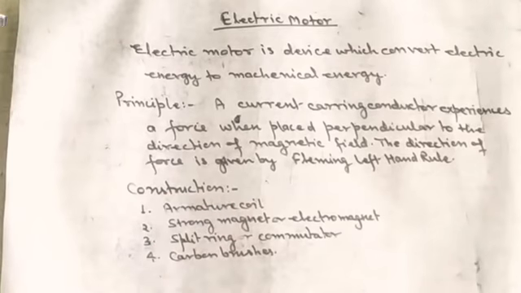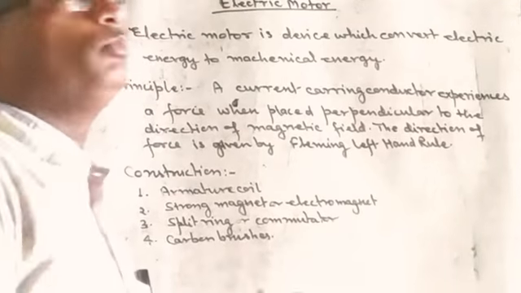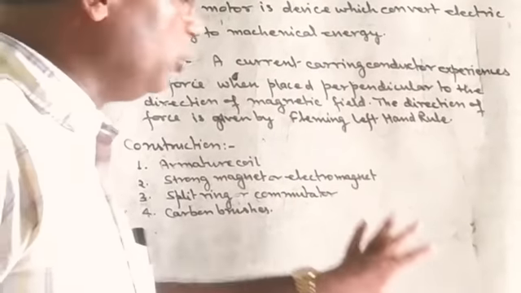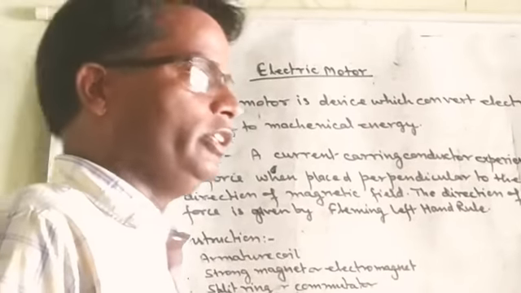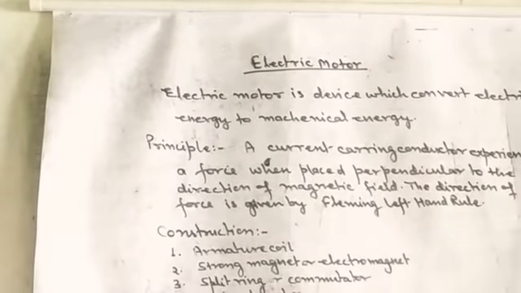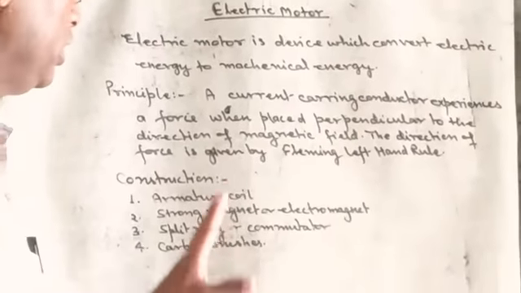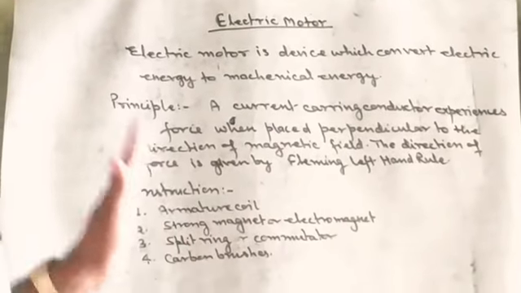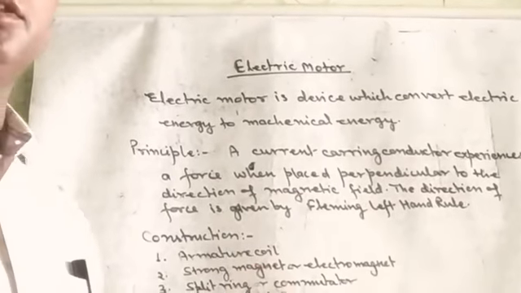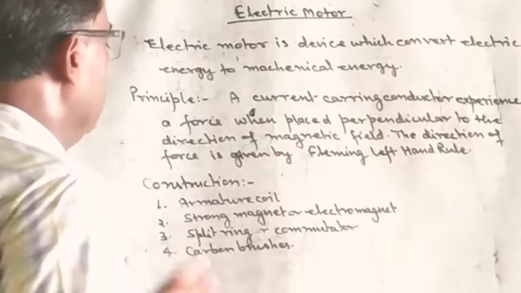Armature coil, what is the definition of this one? It is a soft iron core wound with insulated copper wire. I will discuss here. The diagram I am going to represent is the one given in the textbook. The diagrams given in NCERT and other publishers are also correct. But I will explain from this diagram, because through it you can understand the working of the electric motor. You see here one by one.